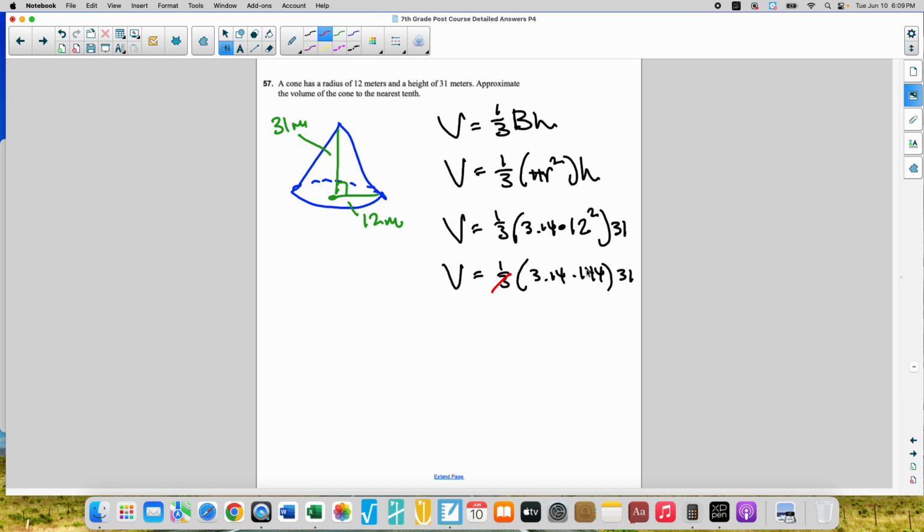That 3 can cancel 144; it goes in 48 times. So now I have volume equals 3.14 times 48 times 31. Let's do that math. 3.14 times 48 times 31 gives me a volume of